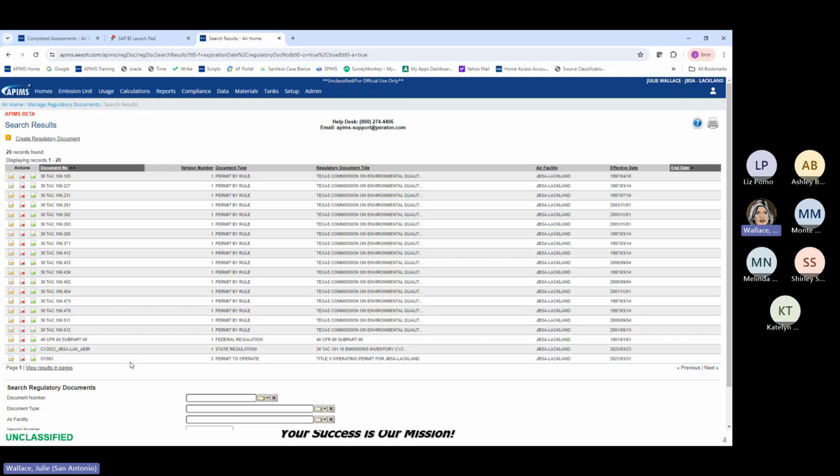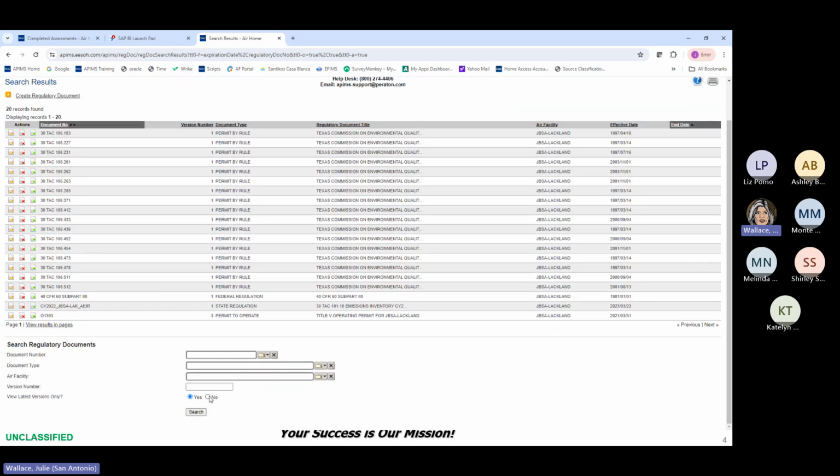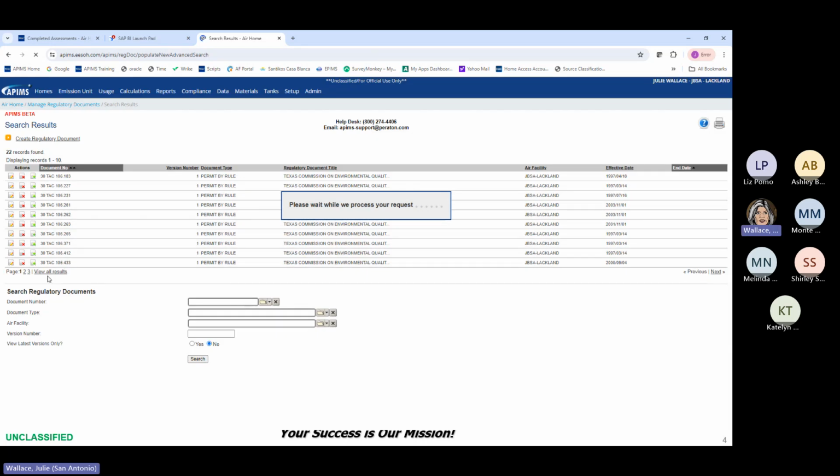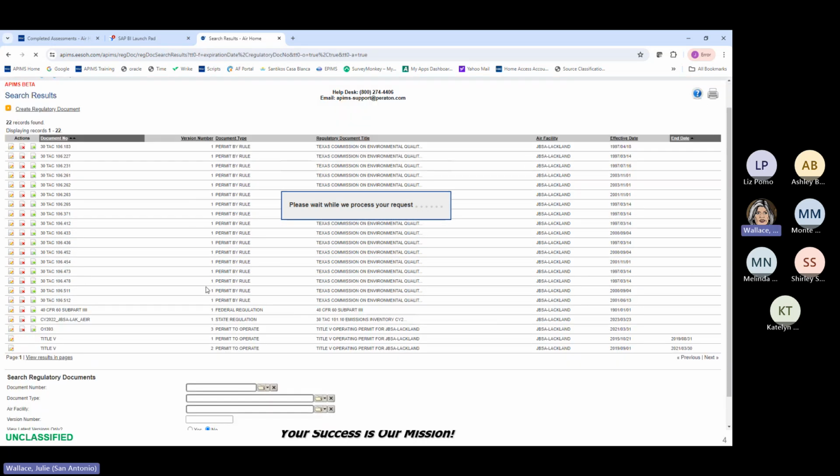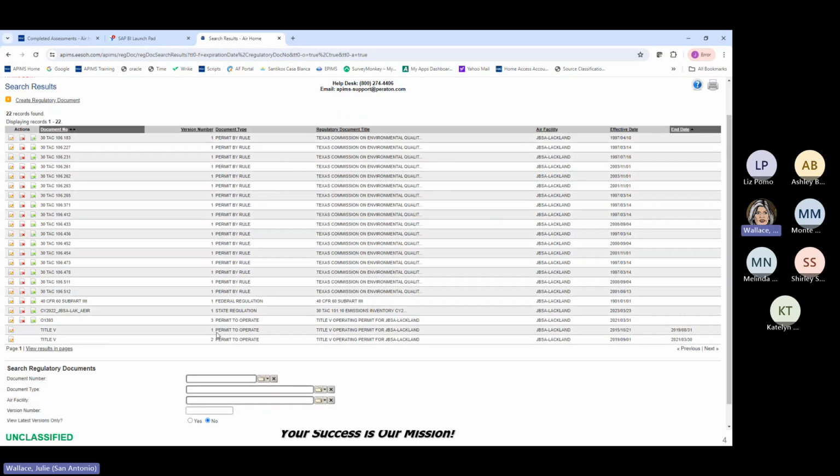So here's their Title V permit that I wanted to look at, and you can see that there's 3 different versions of this Title V permit. Now, when I talk about versioning, let's just search on no and say latest version no. When you talk about versioning, the way APIMS does this is it allows you to take all of the permit decomp and applicable requirements that have been completed for this version and copy them forward to the next version